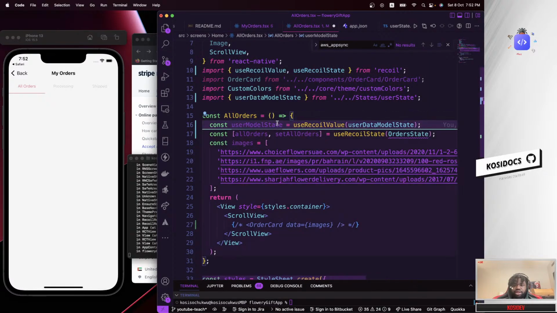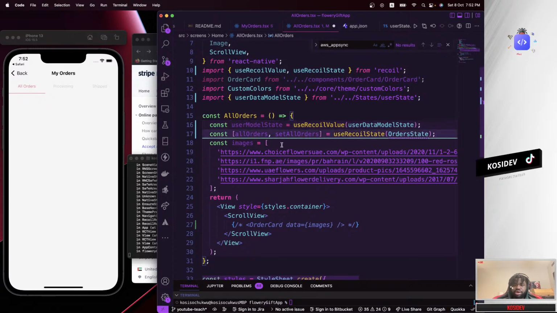So we are getting hold of our user data model, which you guys already know. But here we are trying to get all orders and basically the order state from our recoil, to actually, in our state management, which we're going to use all over our app. Well, in this case, this is not showing up because it's not recognizing other states, so we haven't created this. So I'm going to create this, but instead of creating it, I'm going to copy it over because I've already done this previously.